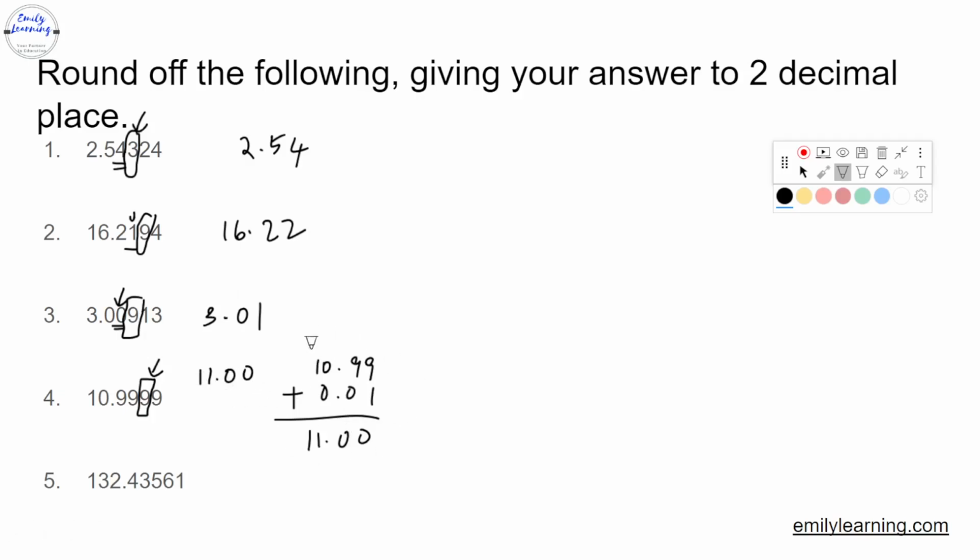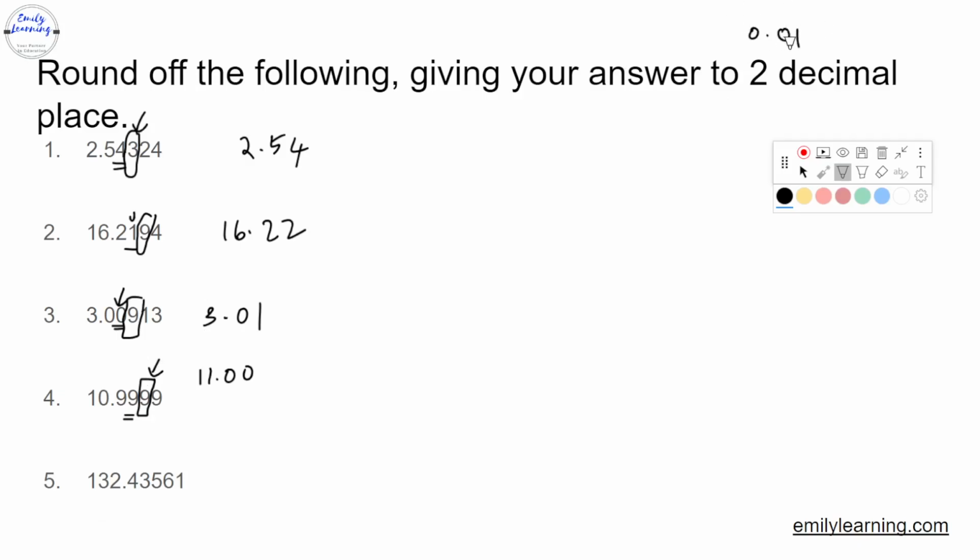So why I do it this way is because some of my students get confused of what to do when you have so many 9s. Alright, so what you need to do is, if you are rounding off something to two decimal places, you are either going to keep the number in the second decimal place, or you are going to increase it by